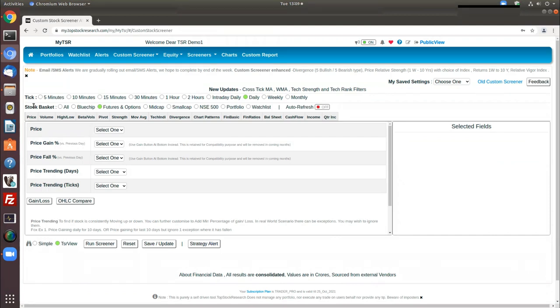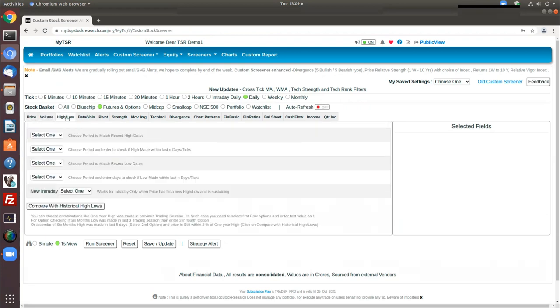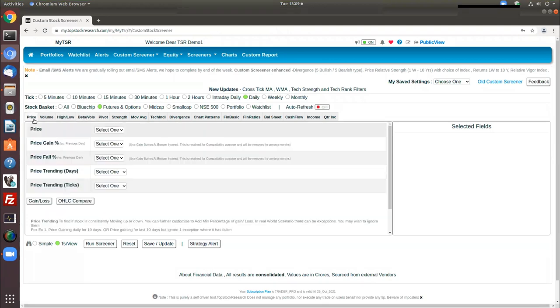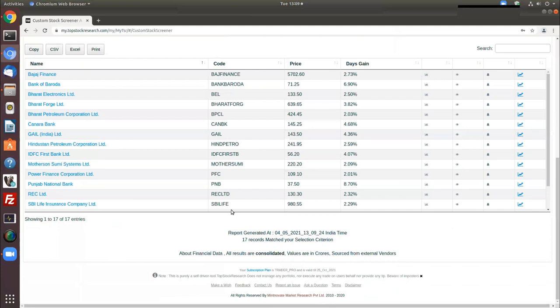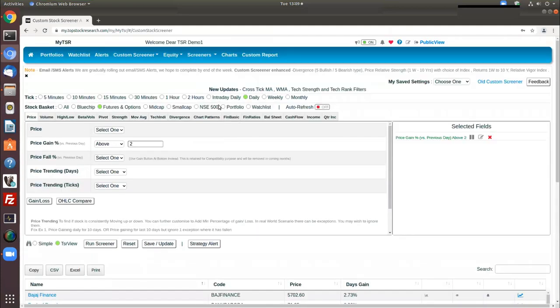What you don't see compared to the standard screener is the pre-screened report, because that's what you would be creating yourself. The information is provided in these many tabs, starting from price and volume, and so on and so forth. Let's start with a very simple screener, which says that the price is greater than 2%. Let's see if we are lucky to get any stock in today's market. Also, I'll choose intraday, which is during the market running time.